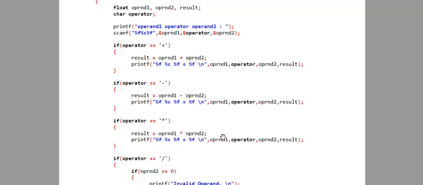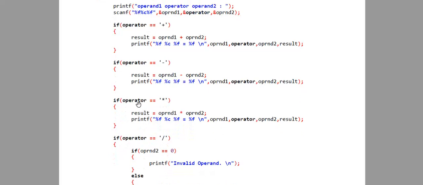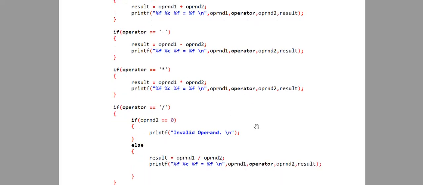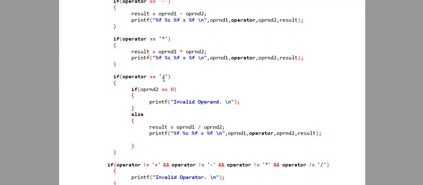And if the operator is equal to asterisk, then if this condition is true, result is equal to operand 1 into operand 2, and it will display the multiplication. Similarly, if the operator is forward slash, it indicates that the user wants to perform a division. When doing the division, we will check operand 2.